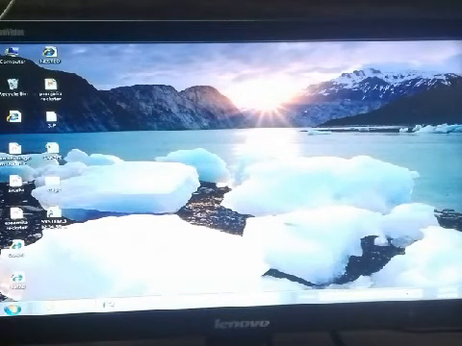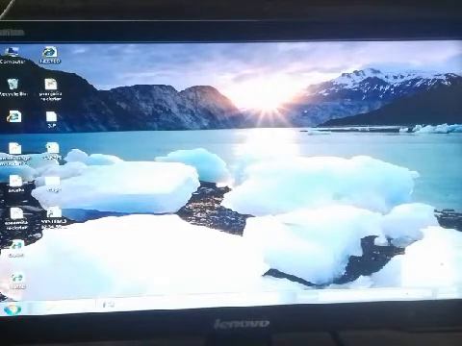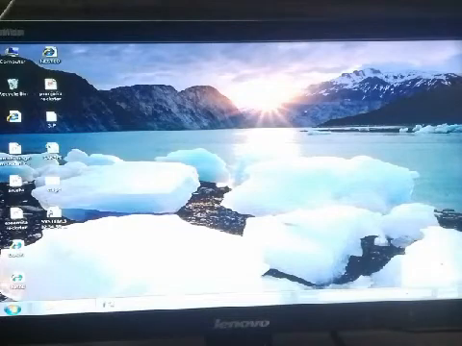Here you can see this is the notification area. Here you can see volume, internet connectivity and messages, and beside this you can see the show desktop button.